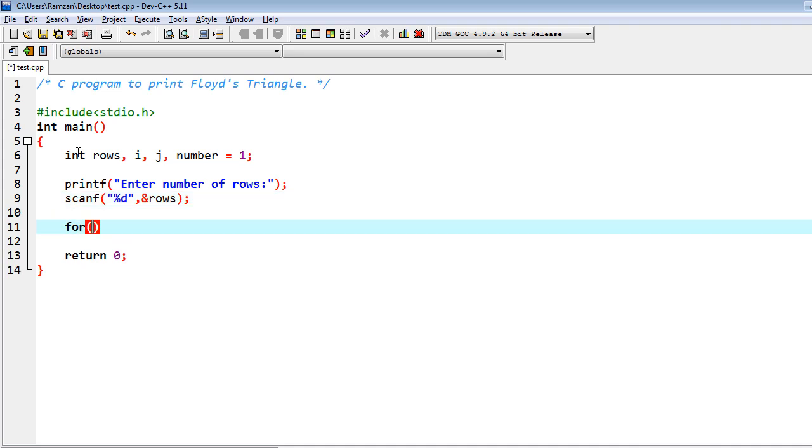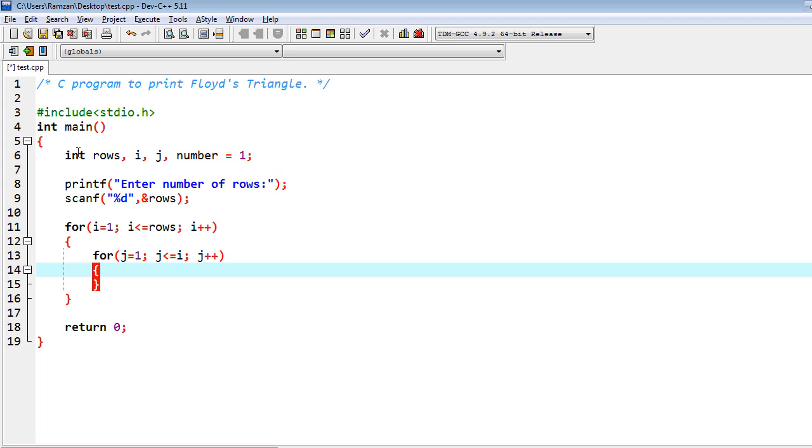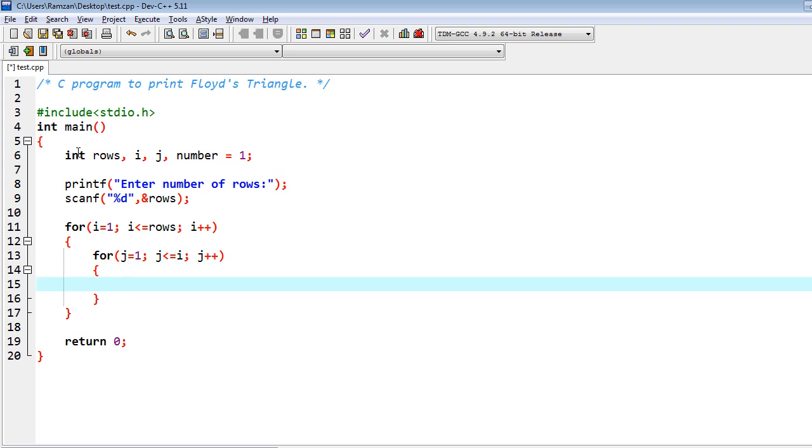Inside the loop I have i equal to 1, i less than or equal to rows, and i plus plus, and inside of it I have another loop in which j equal to 1 and j less than or equal to i and j plus plus, and inside of it I have